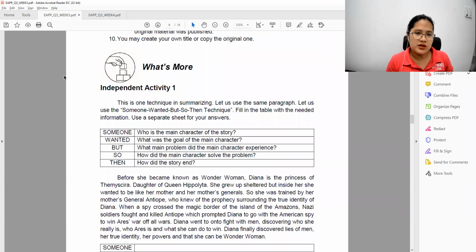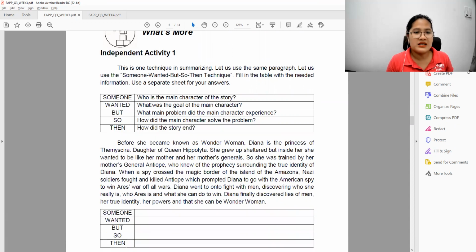Okay? So we also have another technique here, which is the someone wanted but so then technique. Okay? Someone is the main character, wanted is their goal. Okay? But what is the main problem? So how did the main character solve the problem? And then how did the story end? So let's have an example of